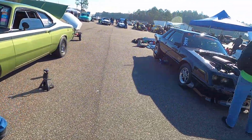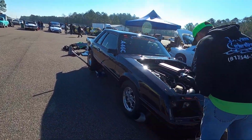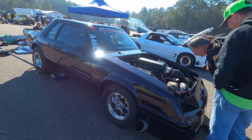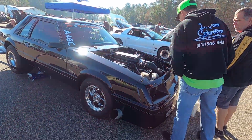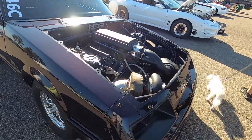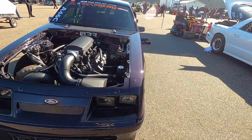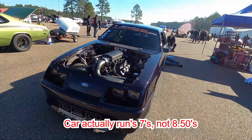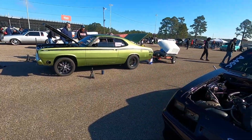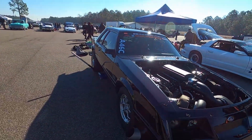His buddy here, this is obviously a notchback Mustang with a 6.4 Hemi block, running stock crankshaft and aluminum heads. He's got custom rods and pistons in it, 88mm turbo, and this car runs 850s to the quarter mile. So just two super incredible. A lot of Mopar on the outside, but a Mopar